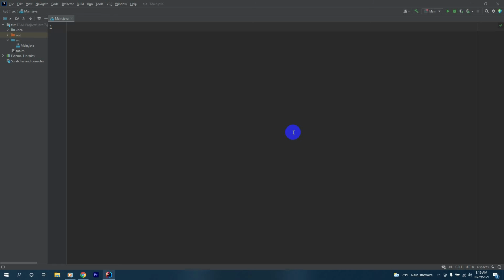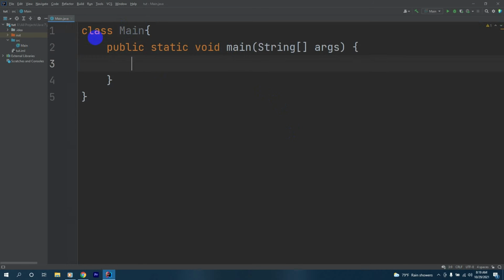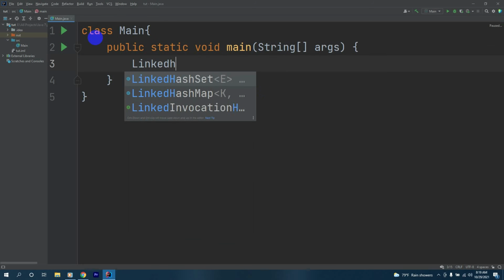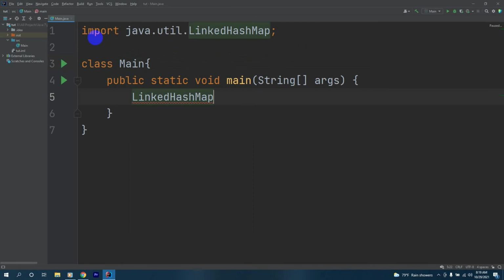Now we'll see how to put values into our LinkedHashMap. First of all, let's make a class. I'll have a class called Main, and inside it I'll have the main method, and inside it I'll say LinkedHashMap, and you can see java.util.LinkedHashMap was imported.